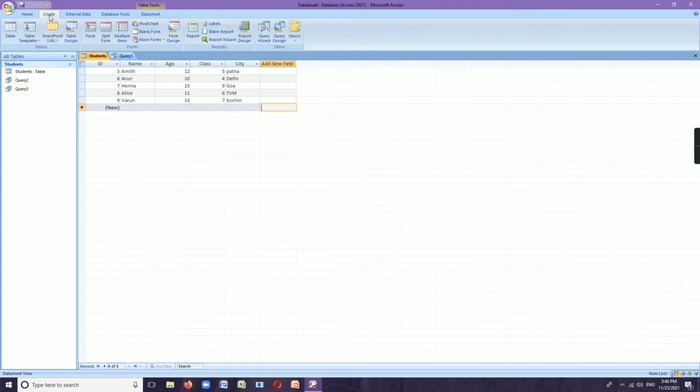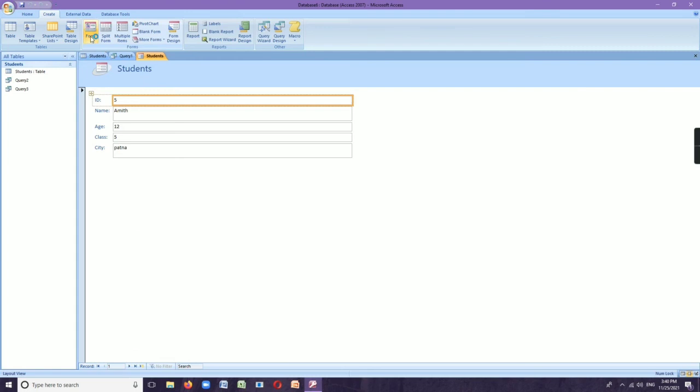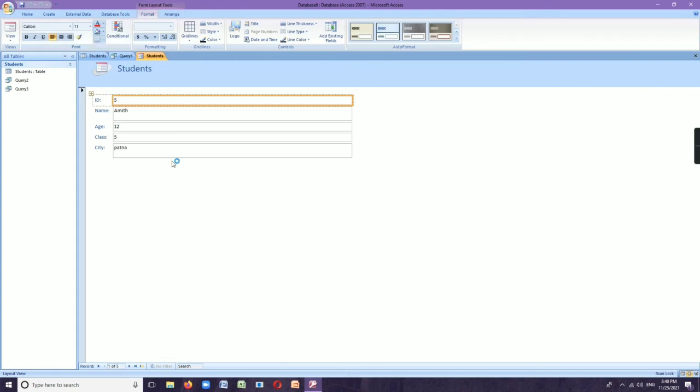So first let's click on the create, then select the option known as form. Here we can see this is the form option. Let's click on the form. We can click on the individual field to get an orange outline around it. And also it is possible to add a new record in the table with the help of forms. Various options are available at the bottom of the form, and the first option is called first record, which we can use to directly view the first record in the table.